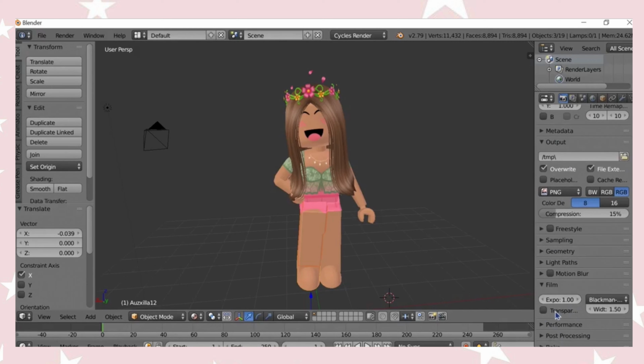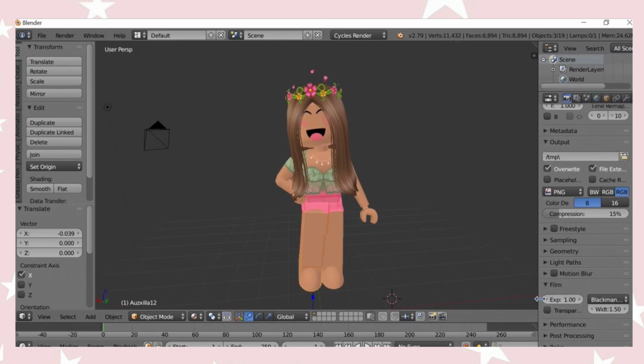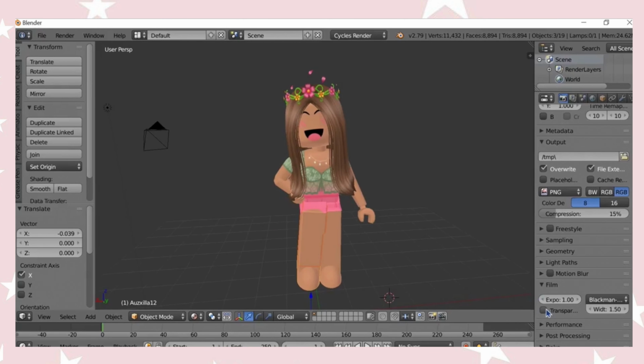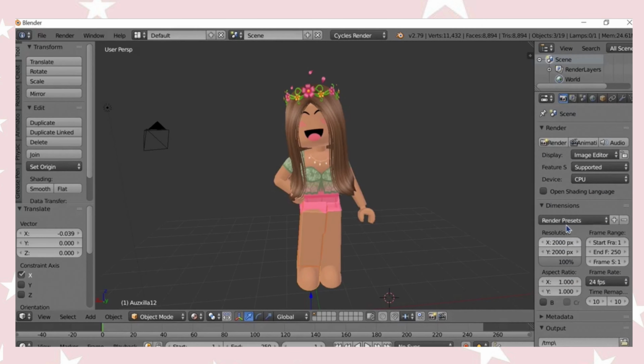And go down here, and there's gonna be something that says transbar, but that's just how big mine is. It's supposed to be transparent, so just check that off to make it so there's gonna be no background. I'm probably gonna make another tutorial later about how to put a background and stuff, because I sometimes do that for just GFXs, but for thumbnails I make it transparent. So next you have to